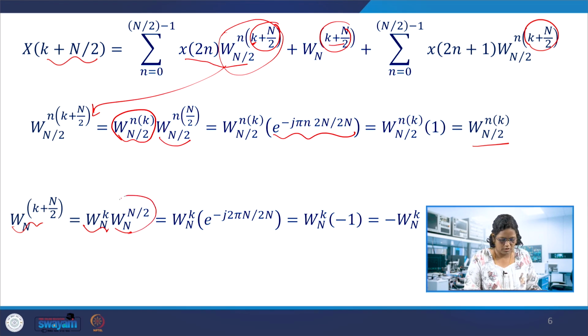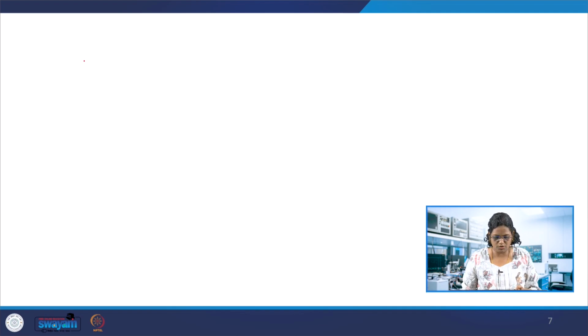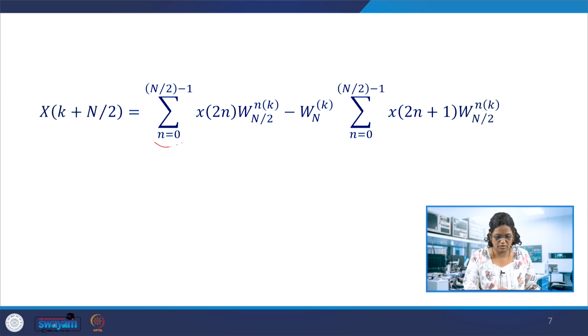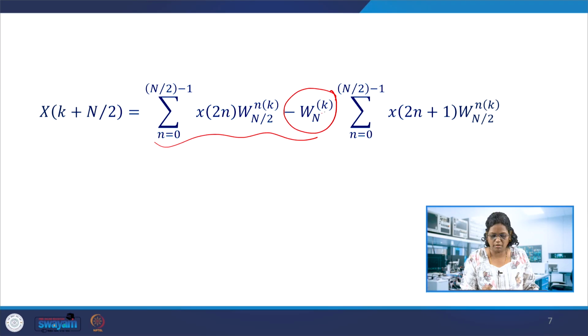So this term goes as minus j 2 pi here. So here we have 2 pi n by n, so the 2 gets cancelled, minus j pi. So e power minus j pi is cos pi minus j sin pi, so it becomes minus 1, cos 180 here. So this term is now becoming minus W suffix nk. So in the previous equation we had x of k, and the next set of equation is x of k plus n by 2. So now this equation reduces to W. We have this term, and the only change over here is that the addition of these two terms becomes minus in this case.